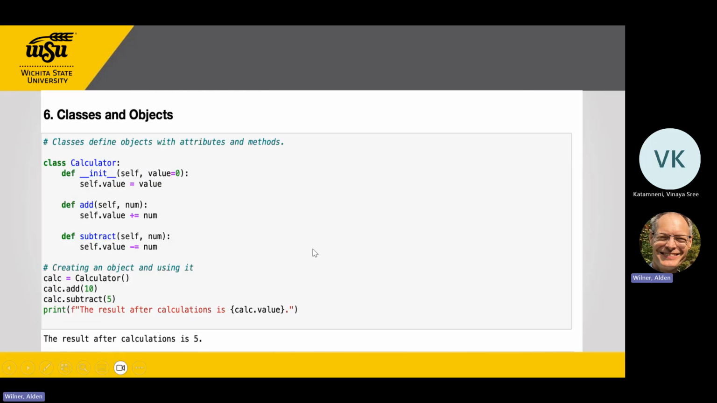Classes and objects, object-oriented programming. The whole goal of classes and objects is to hide information from other users so they don't accidentally screw things up, right? So in this case, I've got def __init__, an underscore-named predefined method. When you create a new member of a class, calc equals Calculator, open close parentheses,